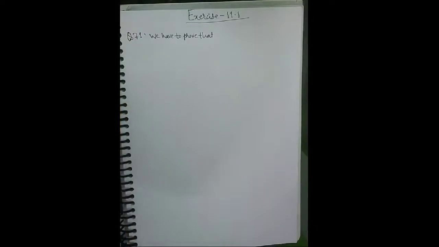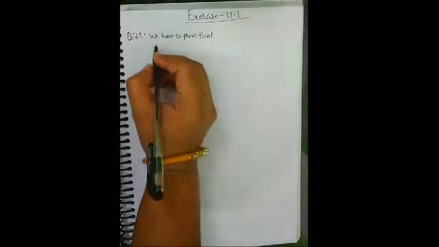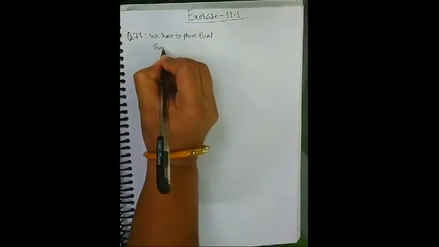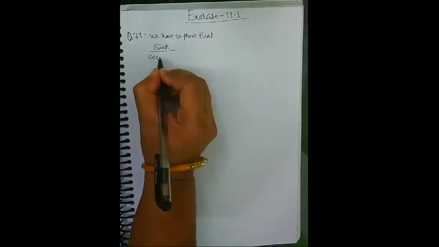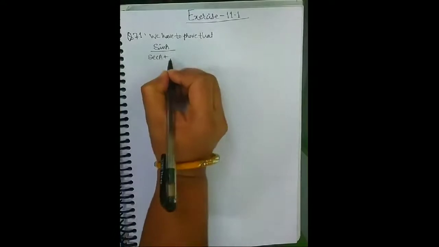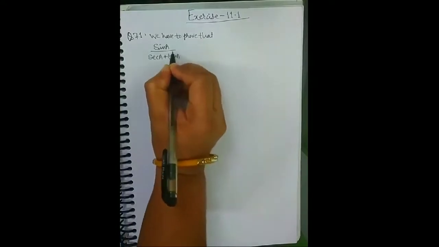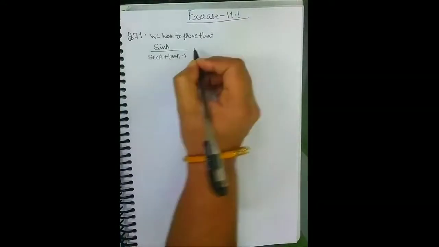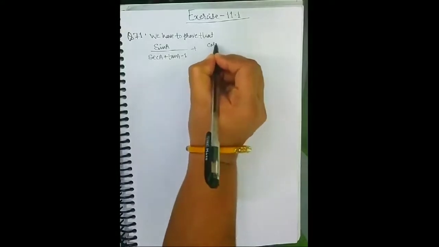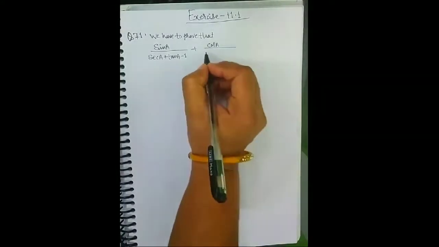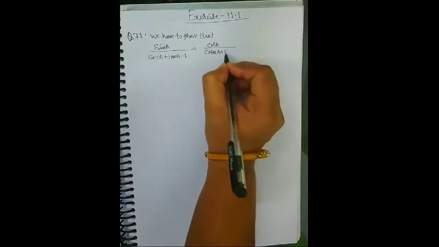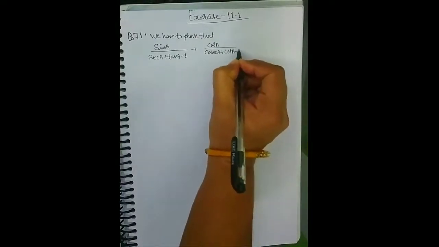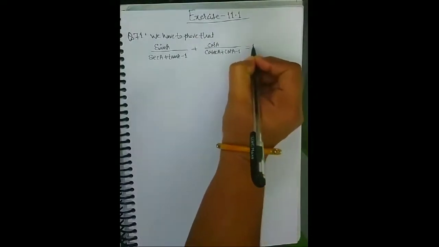We have to prove that sin a upon sec a plus tan a minus 1 plus cos a upon cosec a plus cot a minus 1 equal to 1।